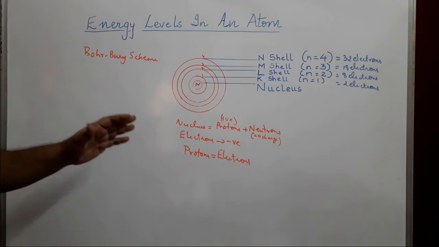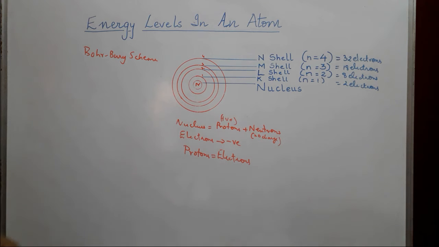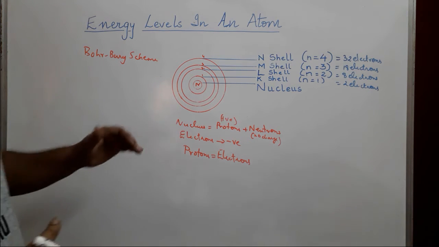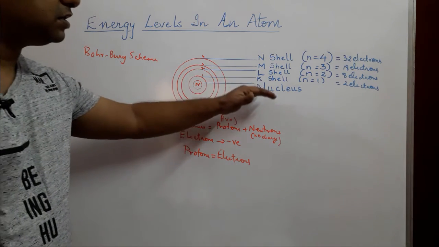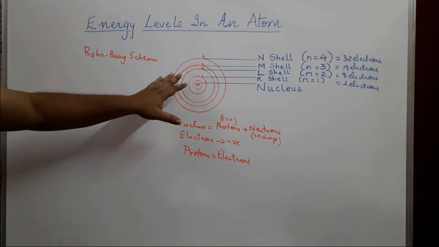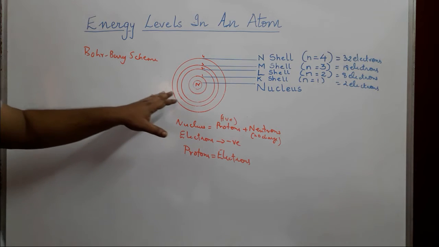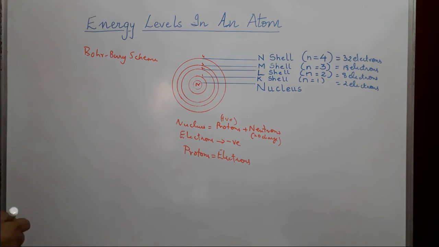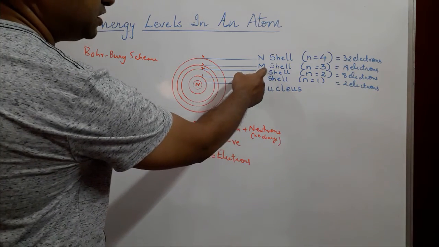How do we decide how the electrons occupy a seat? Like for example, you have an empty bus and you have a number of students who are looking to board that bus. So do we allow at random all the students to get in? There will be some students who will be standing outside, some who will be sitting. So there is a criteria to make sure how the seating arrangement, or in this case how the vacant spaces within a shell, is filled up. And what fills up first? The K shell fills up first, then the L shell fills up, then the M fills up, then the N.